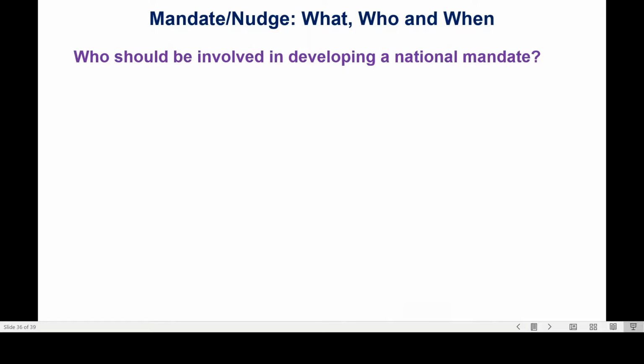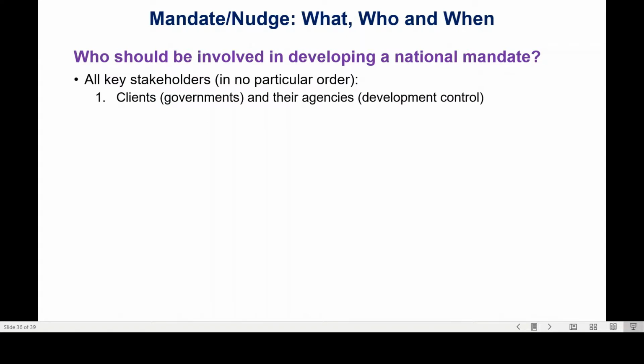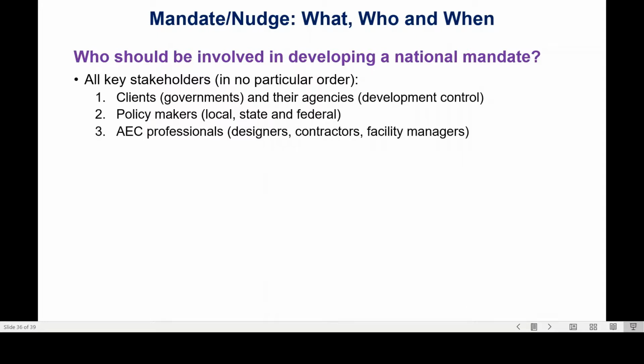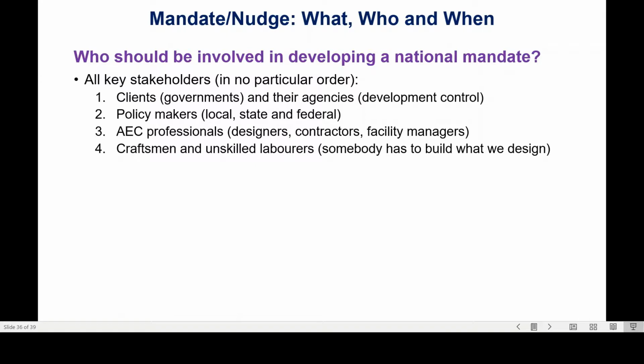All right. Now, the second part is who should be involved in developing a national mandate. It all depends from one country to the next, of course. It depends on the scale and scope of mandate that we're talking about. But basically, I think all key stakeholders need to be involved. But in no particular order, I'm talking about your clients, the government or the agencies, like the government control agencies, policymakers at the local, state, or federal levels, professionals of all callings in the construction industry, craftsmen and unskilled laborers,